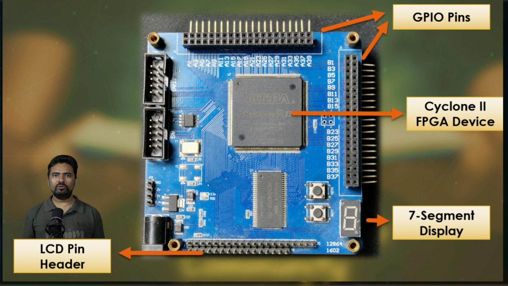We will also explore the fitter reports, which are another type of report provided by Quartus. This report is valuable for understanding the resources consumed by your VHDL design. It provides detailed information about the allocation of the resources on the FPGA, giving you insights into how efficiently your design is using the available hardware. You will be able to see how many registers and gates your design uses, among other things. This report gives you a comprehensive overview of the resource usage and helps you identify where the resources are being utilized.